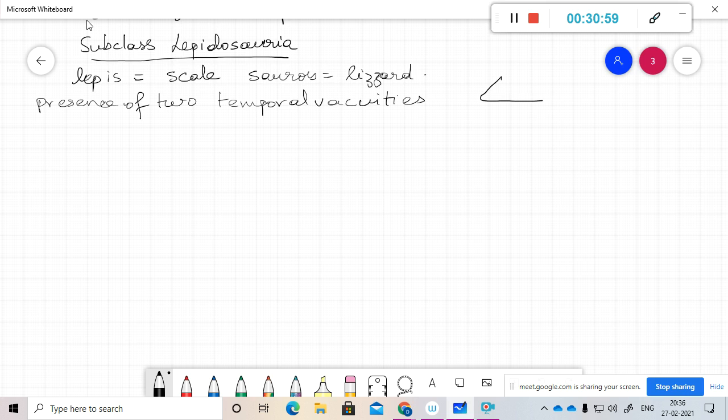Like I said, they have got two holes. This is a characteristic, and among them the first is the order